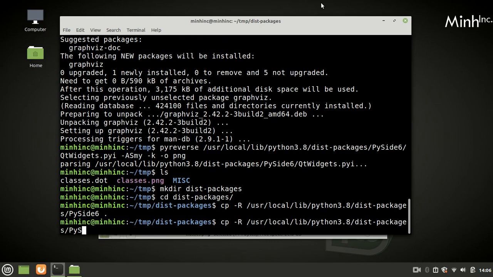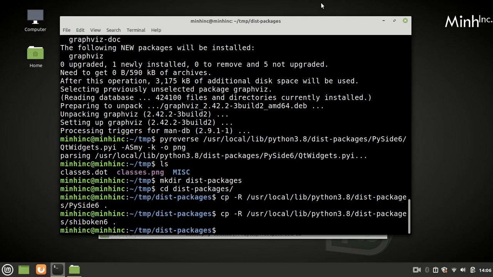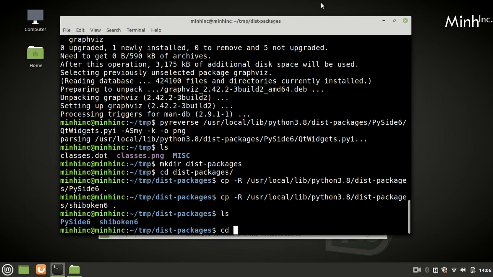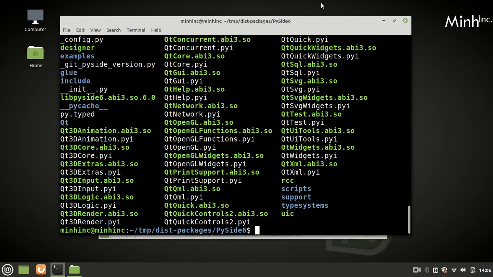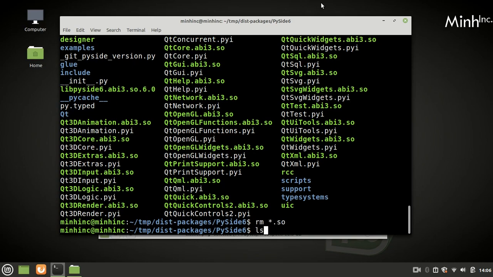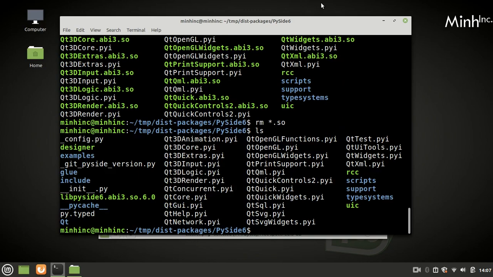We'll do it with Shiboken also. These two packages are installed. Okay, we'll just remove the SO files we don't need. Okay, simple.